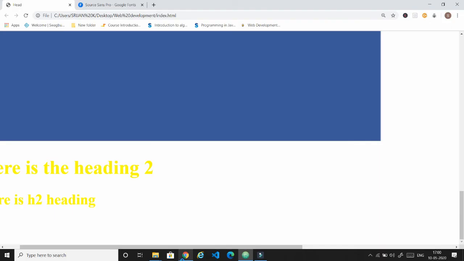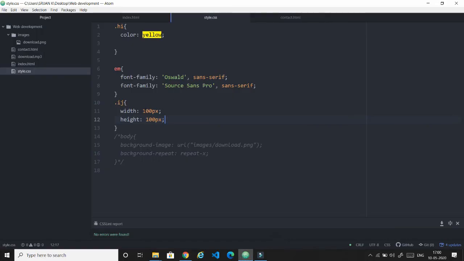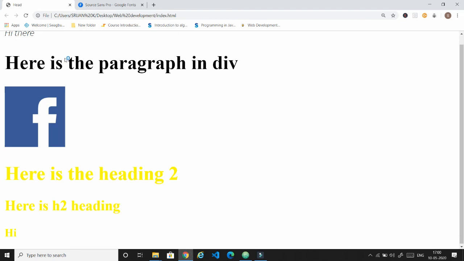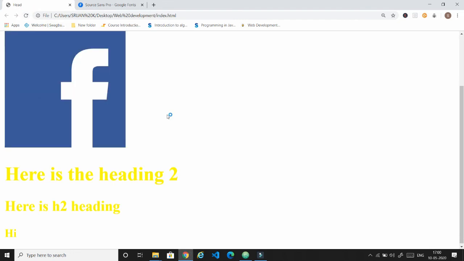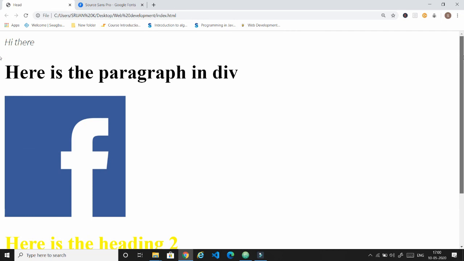Just saving and refreshing the page. You can see now our image is user friendly so that we can see the image. You can also change its width to 200 pixel or whatever you want. However much size you need, you just change the height, and I have changed it to 200 pixel, so it has become a bigger image than the previous.